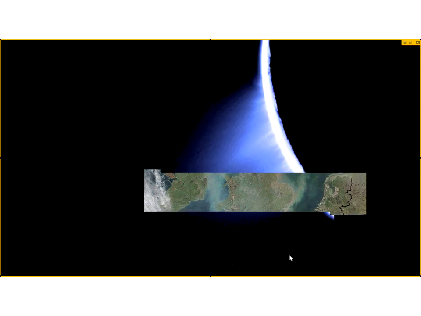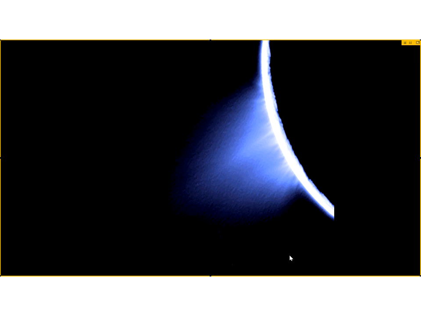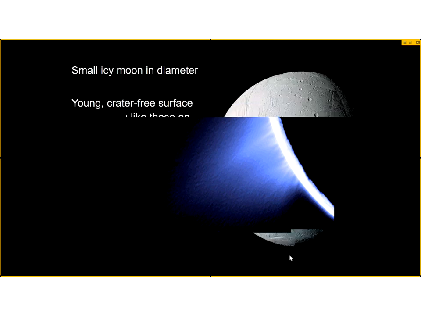But we saw this picture early in 2004. I was an undergrad in Massachusetts, and what we're looking at is the south pole of Enceladus. And what you see here is it's illuminated from behind. These are actually active jets of water coming out of the surface. And so what we thought was going to be a boring dead piece of ice is actually incredibly geologically active, actively emitting